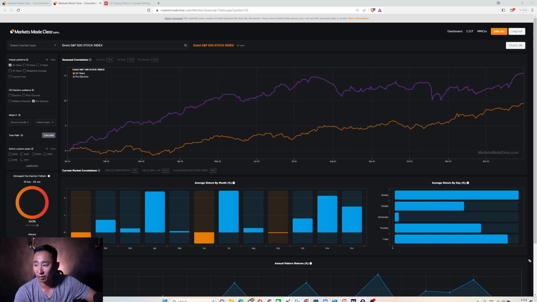The first thing why I was aggressive going long on S&P 500 is because based on a seasonal AI data from my good friend marketmakeclear.com, all right? It has a seasonal data that show me pre-election and 20 years data for S&P 500. You can see in June time, we usually go quite bullish at the beginning until the middle of the month and it dips. So that's why with this powerful data, I will work with price action to go long on